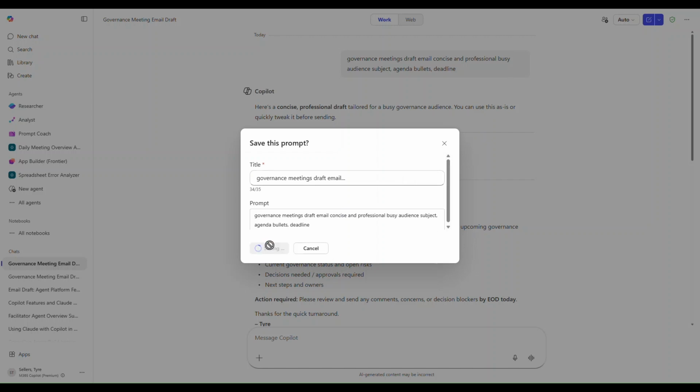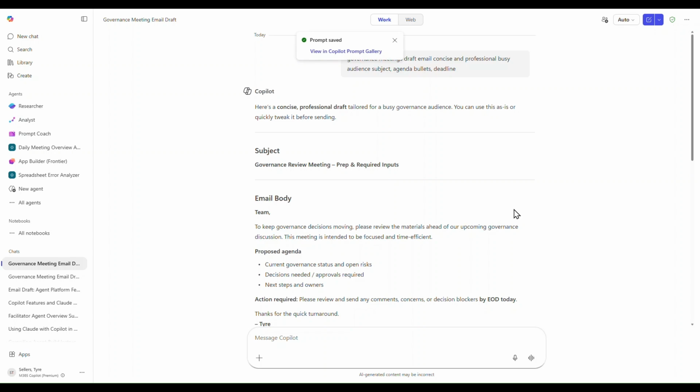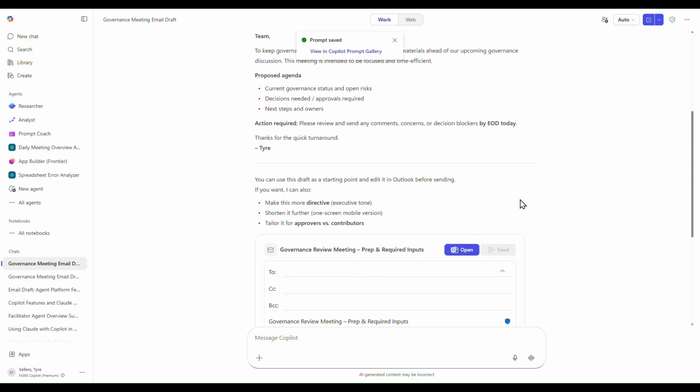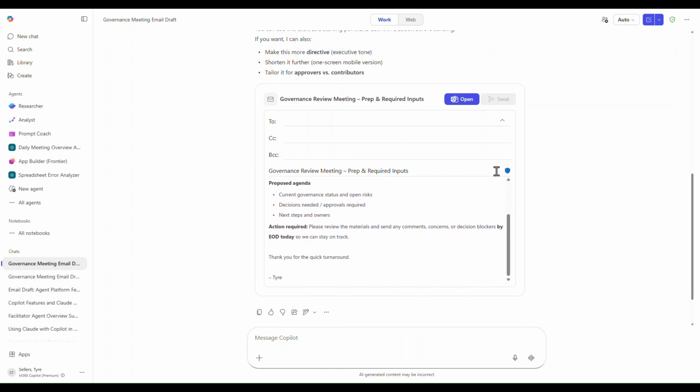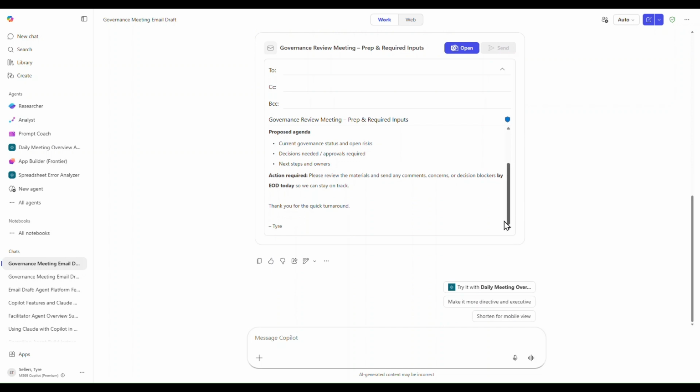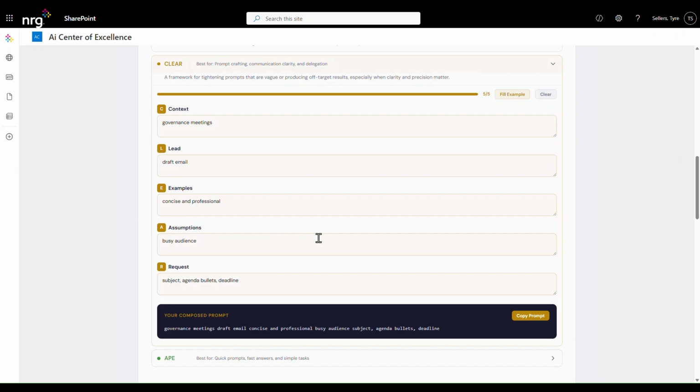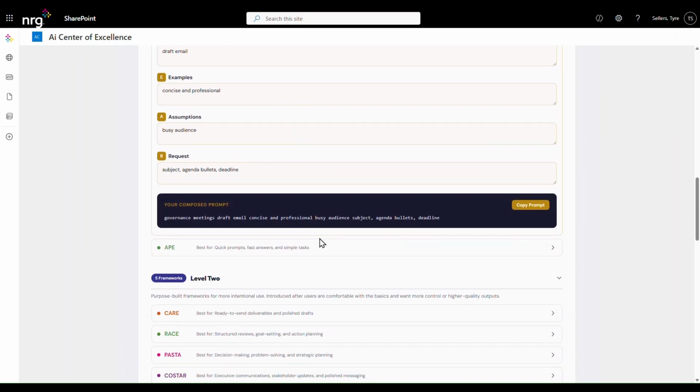So I can save this, and now I can go back to the prompt gallery and quickly access that prompt. You can see here, I have the ability to put this email out just directly from Copilot. Again, I can access that previously saved prompt. I can go back to the prompting lab and work more on prompts.